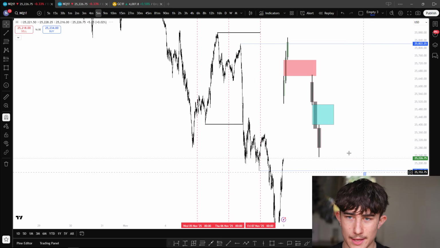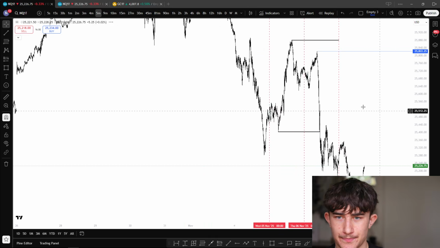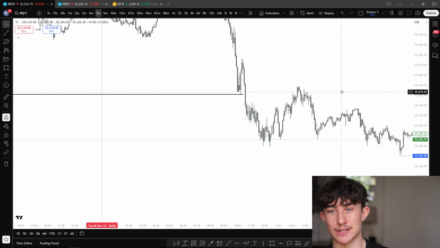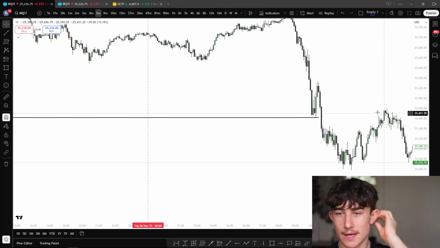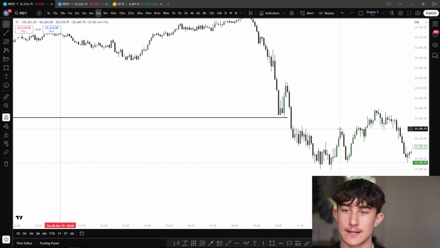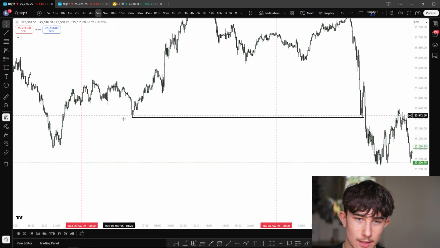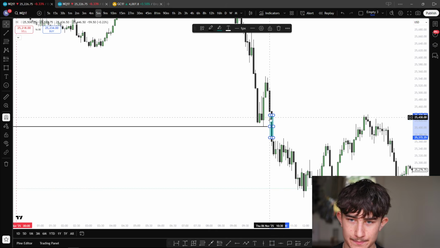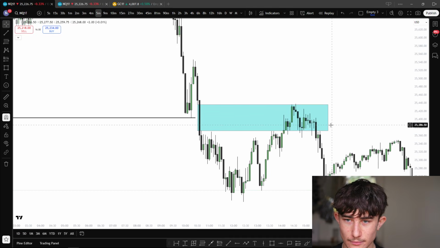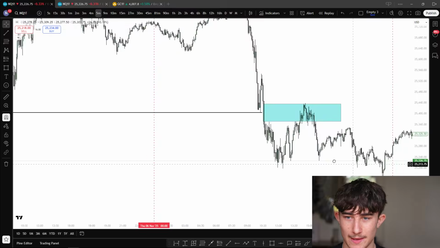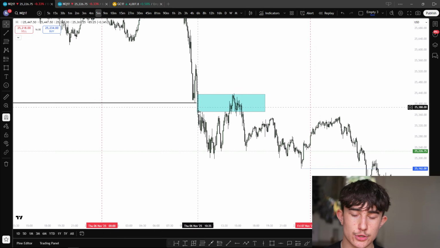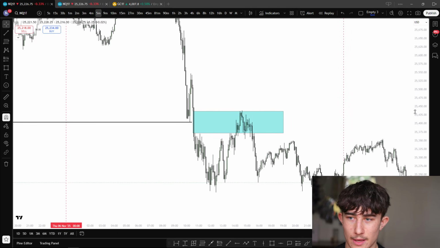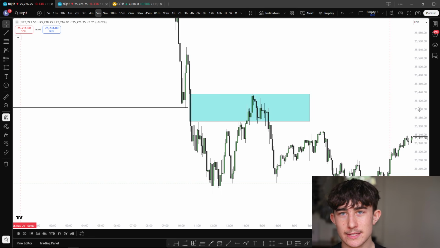So, now that we understand what a fair value gap is, what do you notice? We are seeing that displacement, we are seeing that fair value gap being formed inside of the leg of price that displaced through our previous day's low. Okay, so as you can see, fair value gap right here being formed. Now, what do you notice? We can see that after we traded through here, we came down lower, lower, lower, and we started coming back up. Okay. Now pay attention to the bodies and the wicks